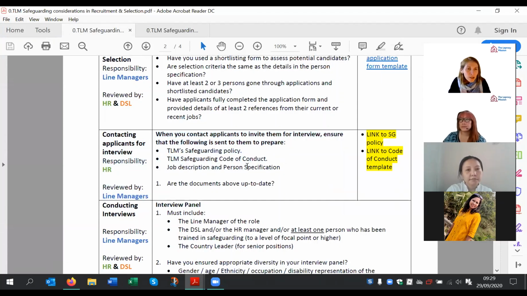So what we're now suggesting, and again, some of you may already be doing this, but if not, we really encourage it, is whenever you invite someone to interview, to already share with them at that stage TLM's safeguarding policy and TLM's safeguarding code of conduct, as well as the job description and person spec. The reason we're asking people to read the policy and look at the code of conduct before they even come to interview is that it gives people an opportunity to be aware of TLM standards in safeguarding,